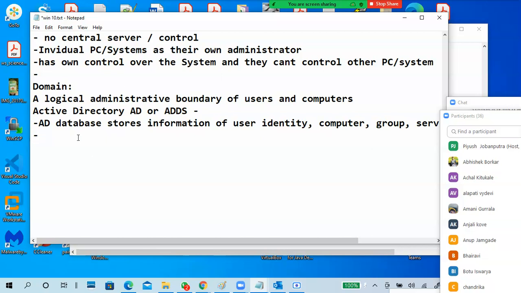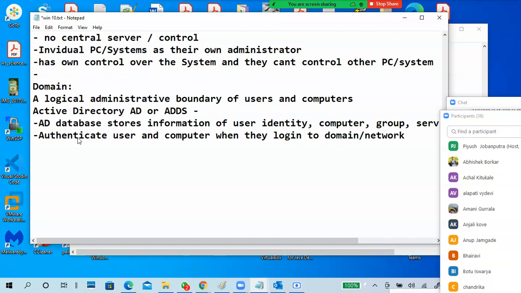And Active Directory also authenticates users and computers when they log in to the domain or network.